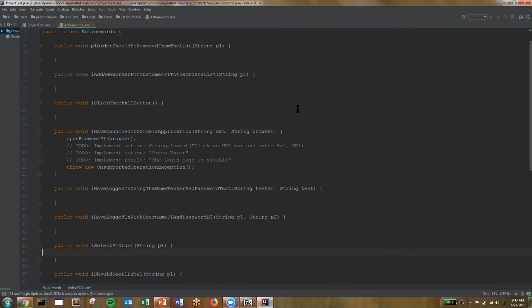And the key is, remember how we were speaking about when I launched my orders application, I could do it multiple different ways. And then when I defined that action word in the tool, I can see that the definition comes back as comments. So our tool helped make that a little quicker, but regardless, you can do it with an open source tool as well. The idea is that I'm working collaboratively. I'm specifying the exact specific actions I want my developer to interact with. I don't want them to just run a driver, launch the browser and a URL immediately. I want them to specifically, let's say, go to File Explorer, click on the browser, click on the URL. So I have the power to specify and make it easier. You guys want to write code quicker? It's always easier to give more explicit instructions.